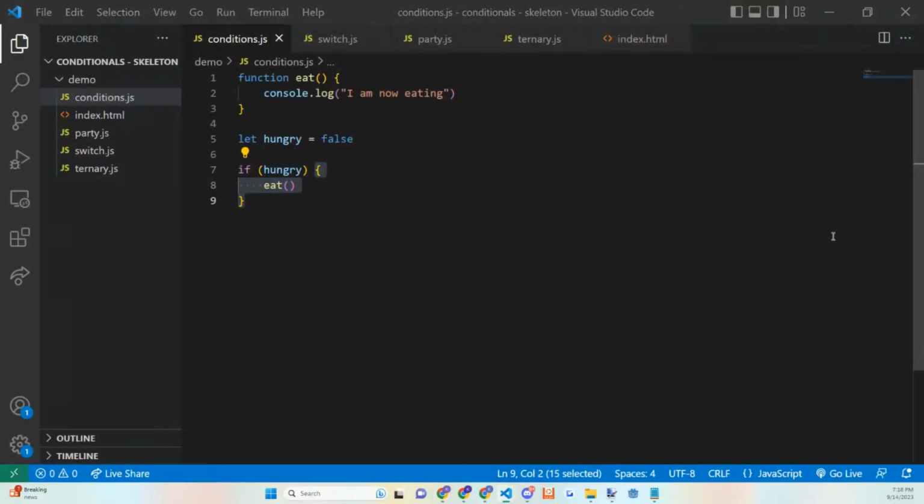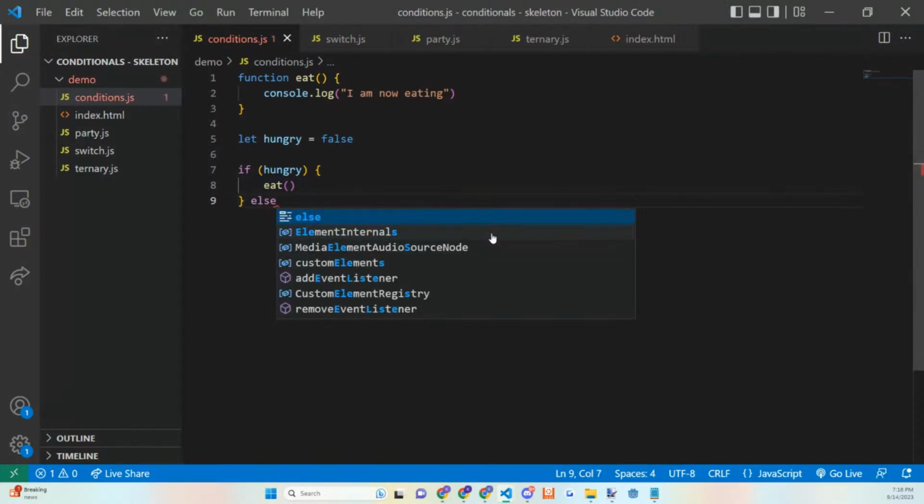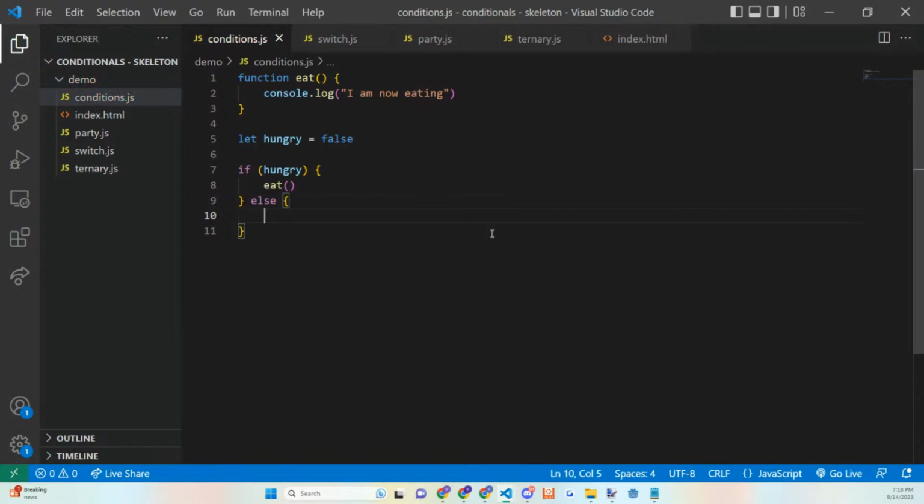All right, whoops, let's go back to here. All right, let's talk about else statements. Else statements are also syntactically placed basically right after the if success block. So if we have an else here, that kind of reads like English, right? If we are hungry, then we eat, else we don't, or we do something else, right?